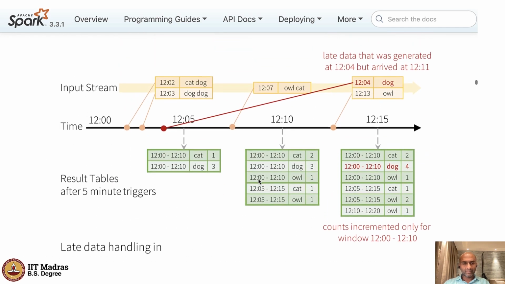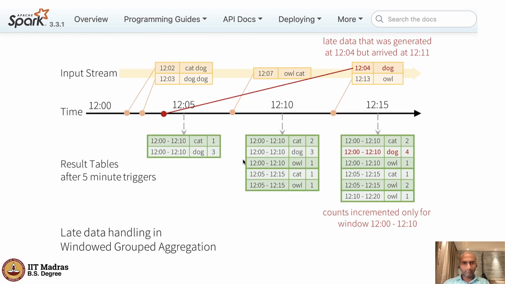So let's take this example. I have now data that comes at 12:11, like basically between 12:10 and 12:15, but the event time within that data is corresponding to an older timestamp, which is 12:04. So up till 12:10, the answers are similar, actually the same as the previous example that we saw. But now, because of the late arriving data, what has now happened is